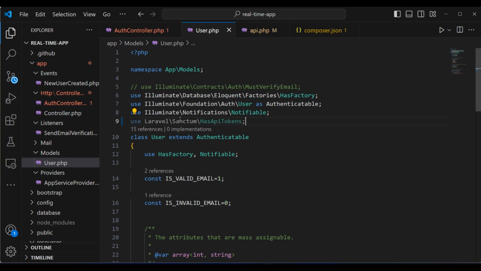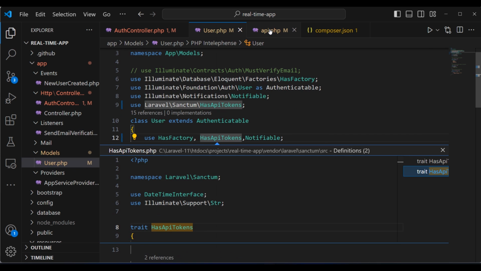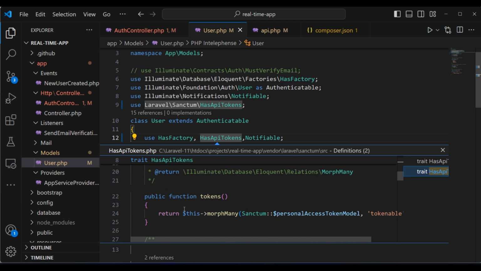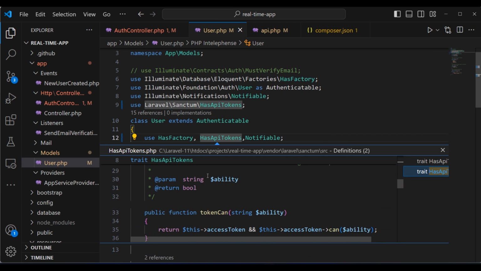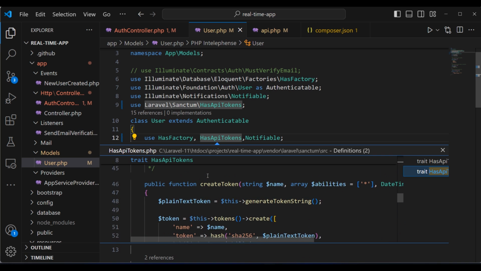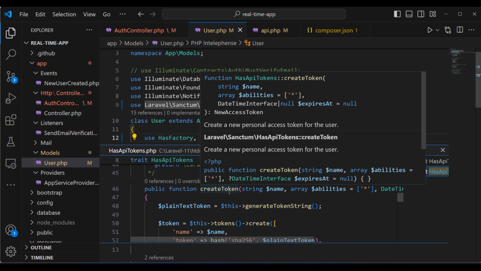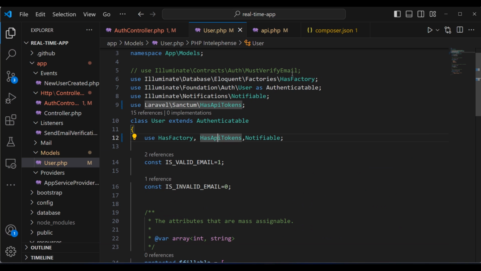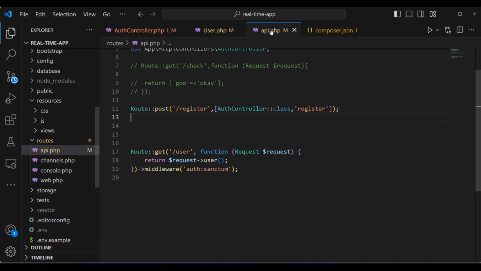Use Laravel Sanctum HasApiTokens, and then you're going to add it right here, because if we go within the HasApiTokens, we have these methods. Create token. We should have it right here. You can see we got a method, create token. We have a method, and then we're going to use this method to generate a token for the user via